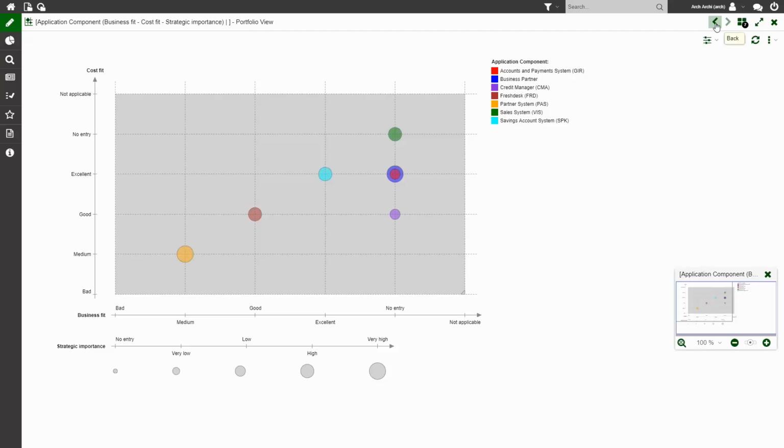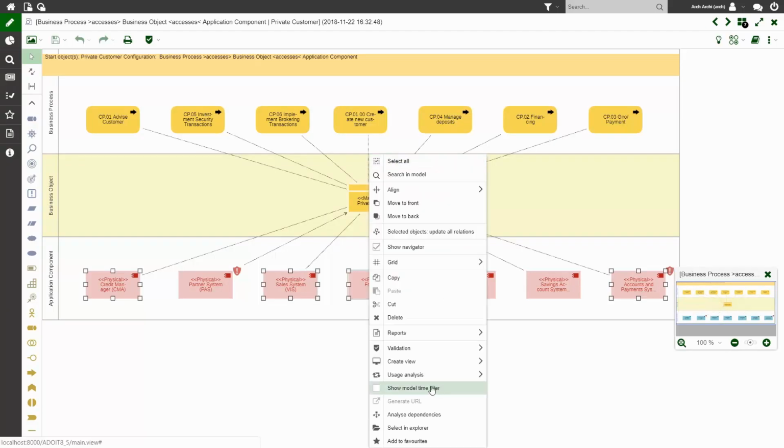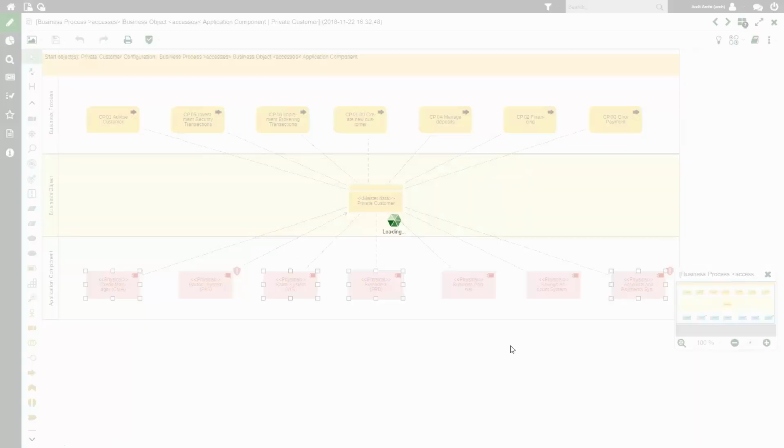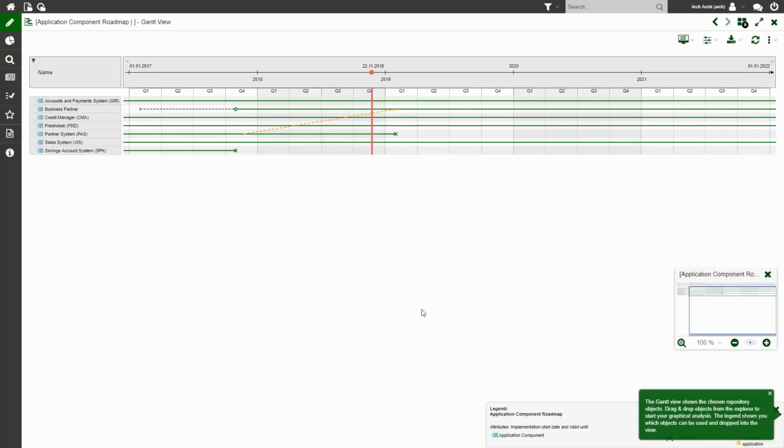So to do that, again, we can jump back to our business impact analysis where we had all of the various applications that can access our private customer data. And here we can just do another view that we have. So there's 5 different view types in ADOIT. We've looked at the business impact, the portfolio, and the matrix, but I'm just going to look at one more view today, which is the Gantt view, which we use more typically to look at lifecycle